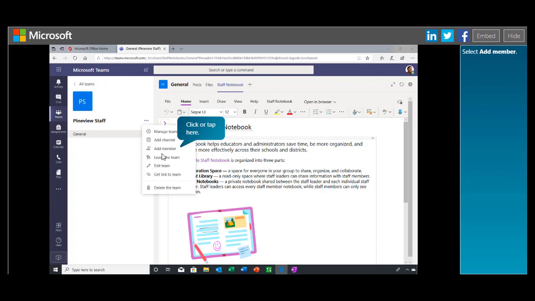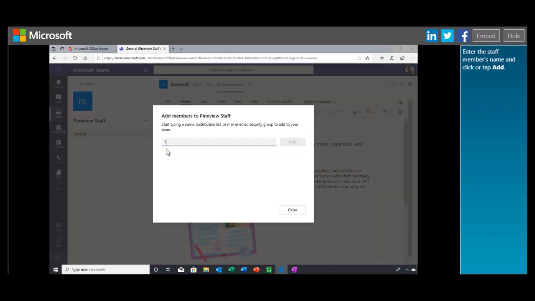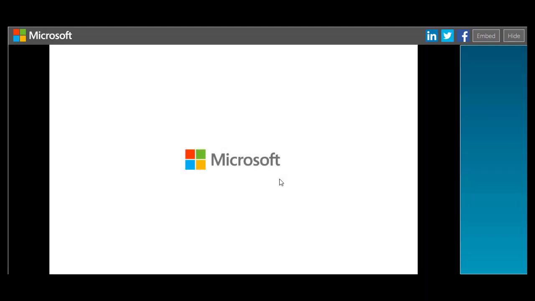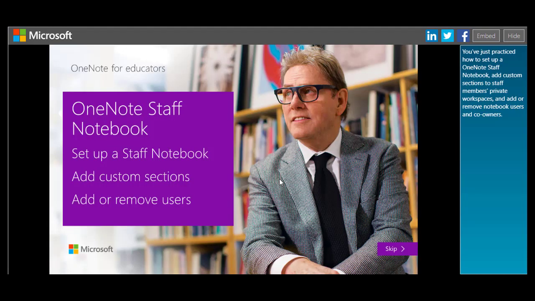Select Add Member. Enter the staff member's name and click or tap Add. Now let's add a second new member and make them an owner. Click or tap the Member drop-down and select Owner. Now this staff team member has full permissions to view and edit content in every section of the team staff notebook. You've just practiced how to set up a OneNote staff notebook, add custom sections to staff members' private work,